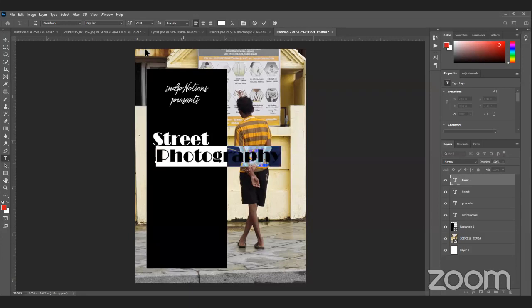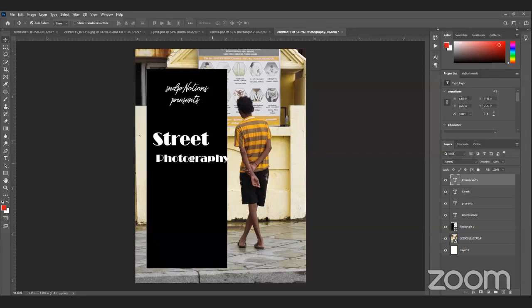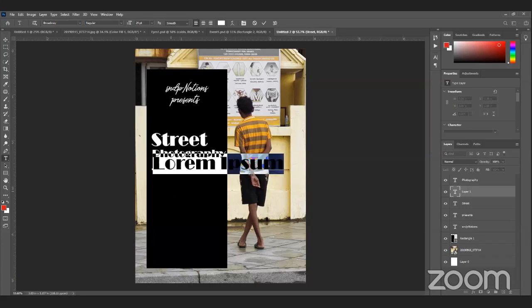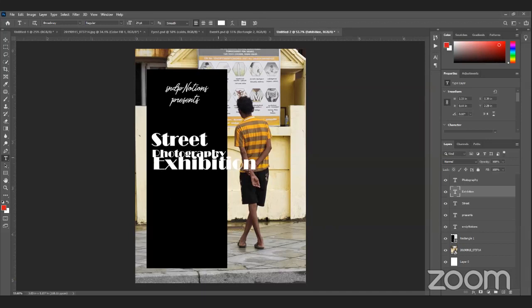Now you can see my text is going out, so I need to adjust it accordingly. Street photography, and then exhibition. Again this is going out, so decrease the size accordingly and put it there.